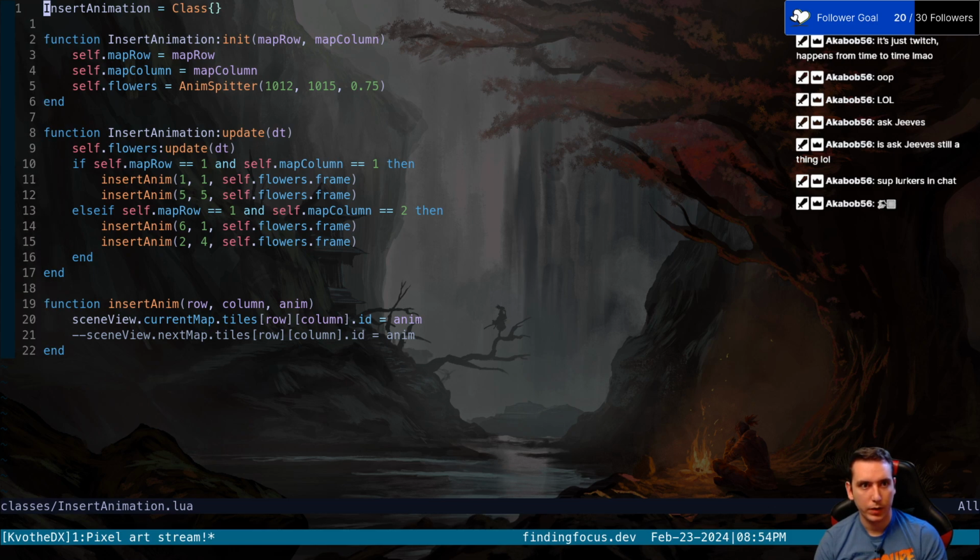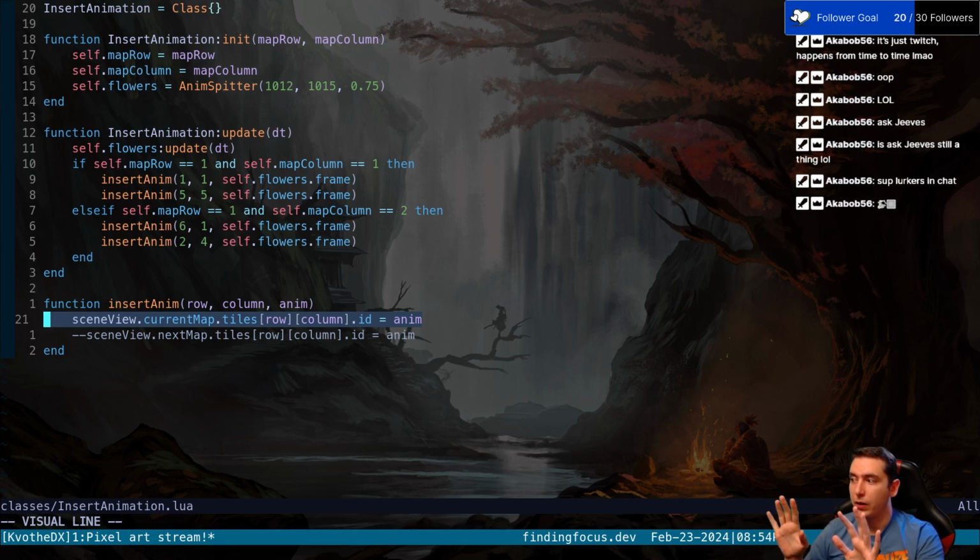Okay, so when we insert the animation, we are currently only inserting that animation into the current map. And when we start to transition, we are rendering the current map and the next map. So what we need to do is to place our animations from our next map into, actually, we just need,